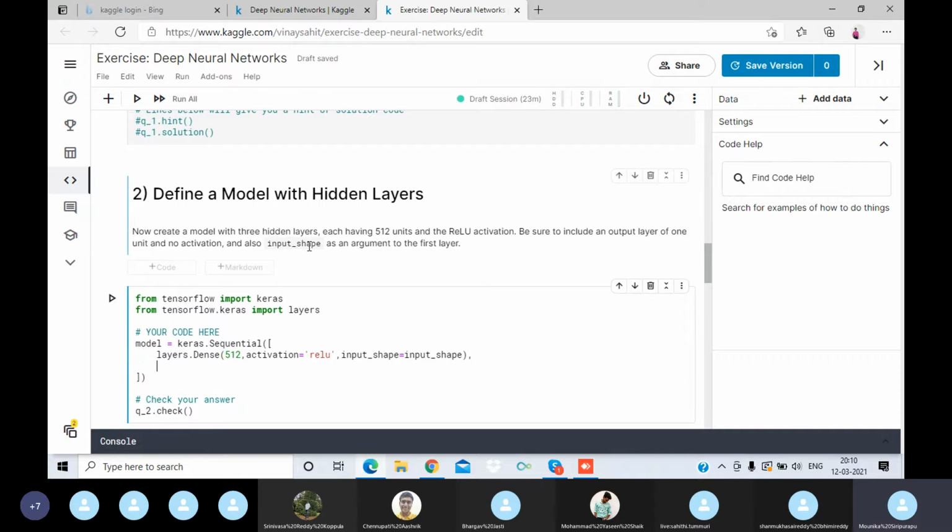So we added the first layer. Similarly, we need to add the second layer, each having 512 units and the same activation function, but here no need to add input shape. Third layer is the output layer we are going to add.